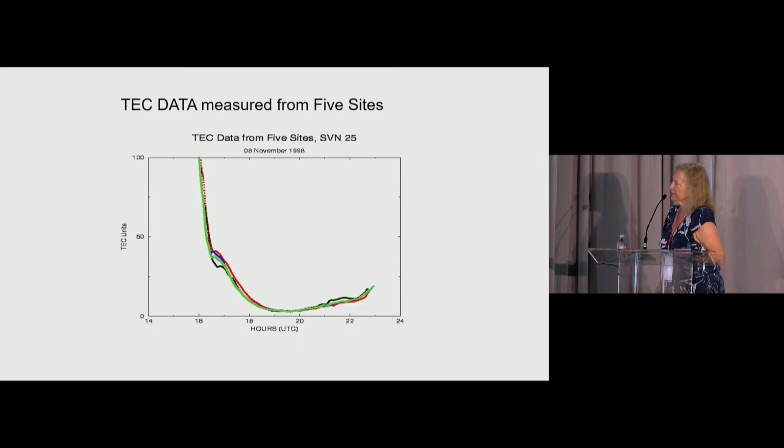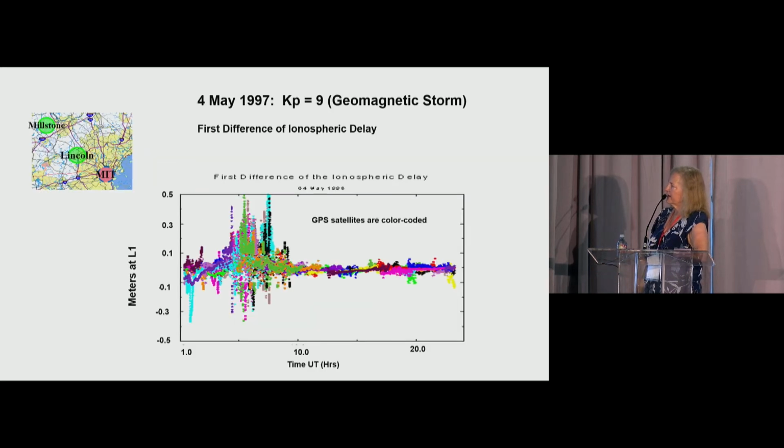And this actually was data from 1998, where, again, we were starting to work with larger groups of TEC from different sites. I was using 5 sites here, and you could see right there something's going on, a TID. And for the FAA, we actually did several months of comparisons between TEC units 25 miles apart, Lincoln Laboratory and Millstone. We had a Kp equals 9 event, and we saw a huge number of TIDs during this time period when this storm came.